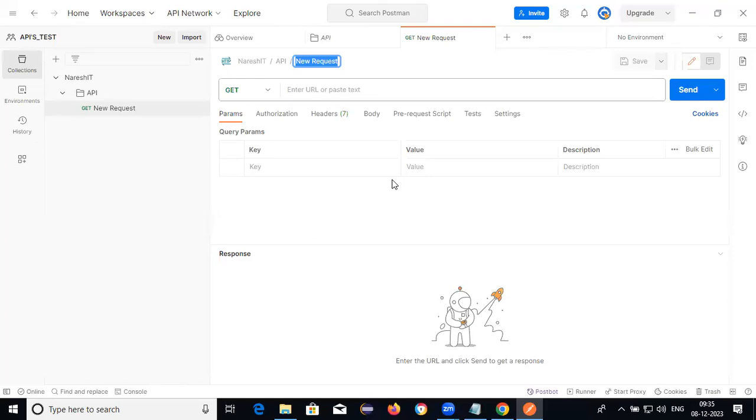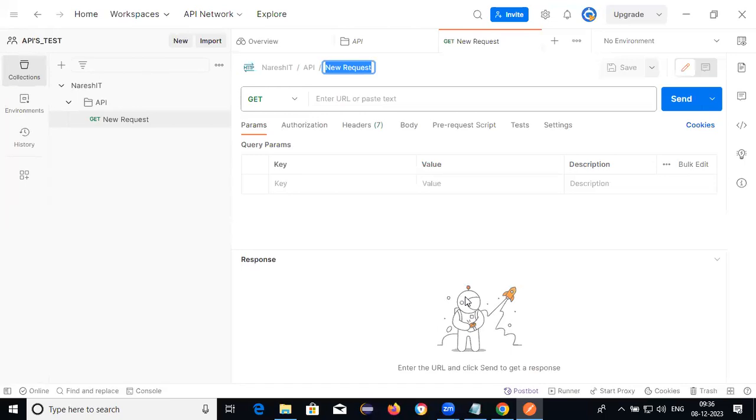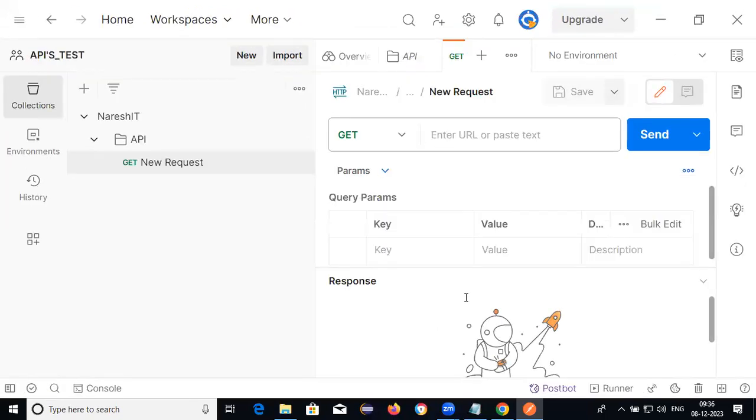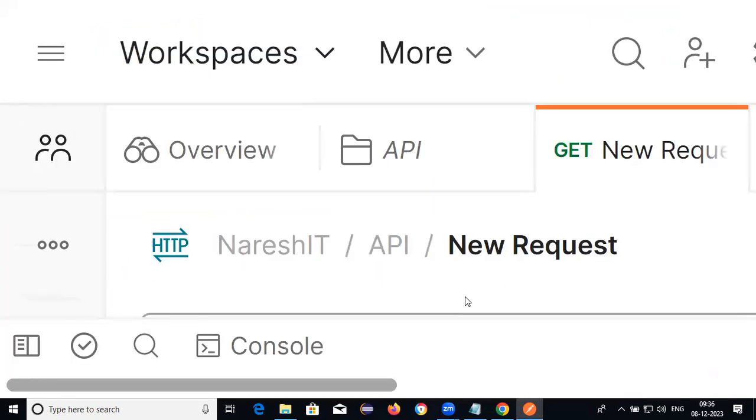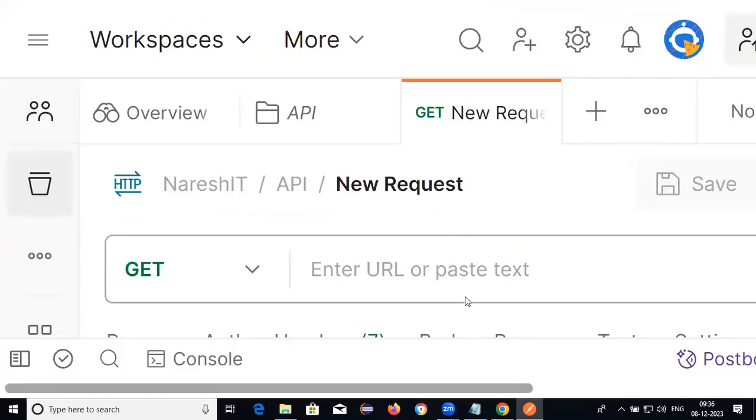Third step, once you create the collection, we need to create a folder under the collection. Once you create the folder, you need to provide the request under the folder.